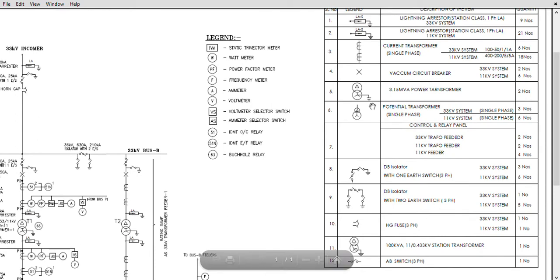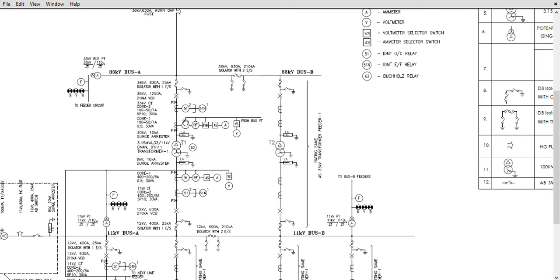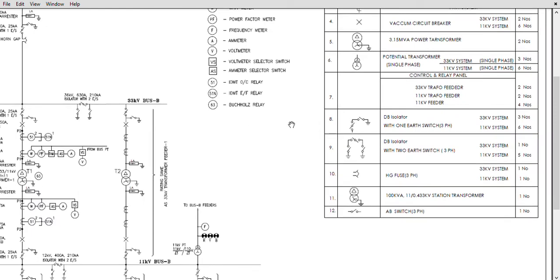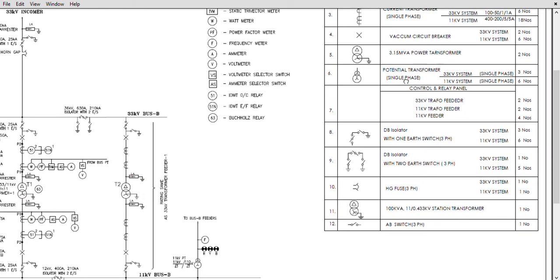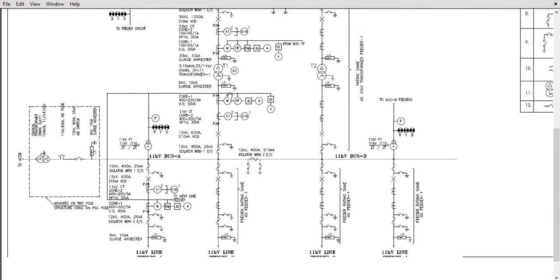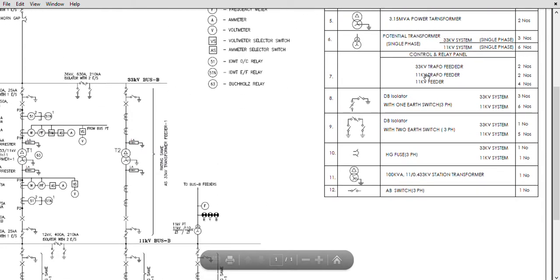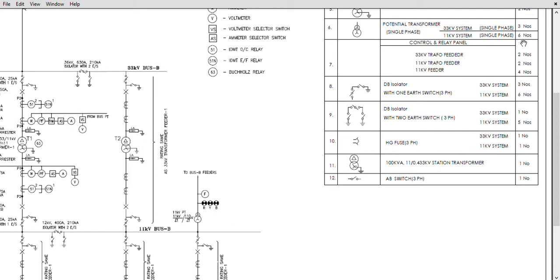Right? And coming to circuit breakers, how many circuit breakers do we have? On the 33 kV side we have 2 circuit breakers because we have 2 transformers, right? For each transformer we have a circuit breaker. One is here, other one is here. And similarly on the 11 kV side we have 6 numbers. Where do we have 6? See here, LV1 we have 1 number, LV2 we have 1 number. For each feeder we have 1 circuit breaker. So LV1, LV2, 2 plus 4 feeders. All put together 6 numbers.